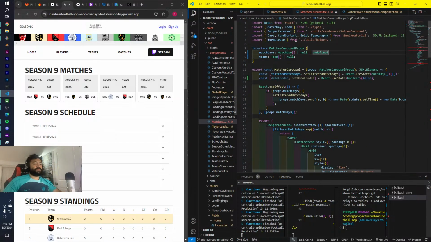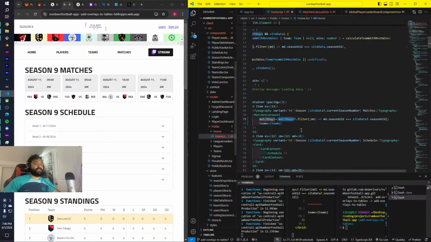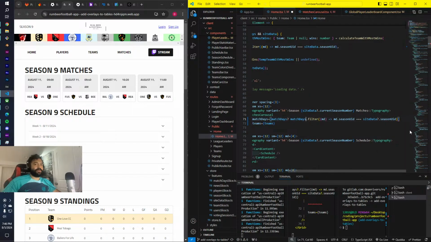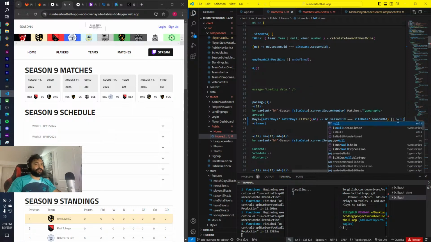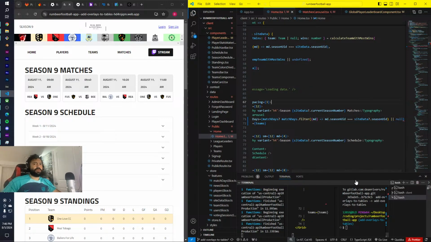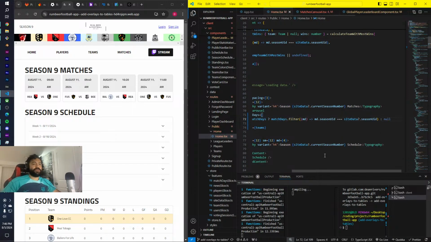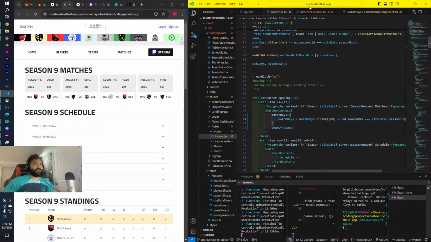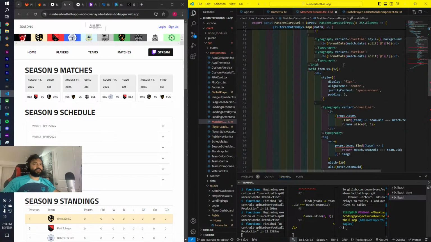Or alternatively, let's not make it too complex. Let's just do if it exists, matchDays.filter blah blah blah, or if it doesn't exist, just pass back null. I think that works. Does that work? Why is this not working? Yeah, sorry, it has to be a ternary operator. Great. So now